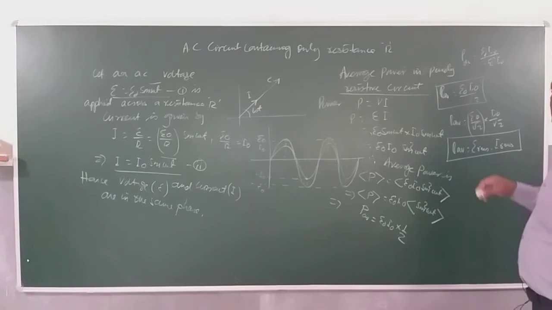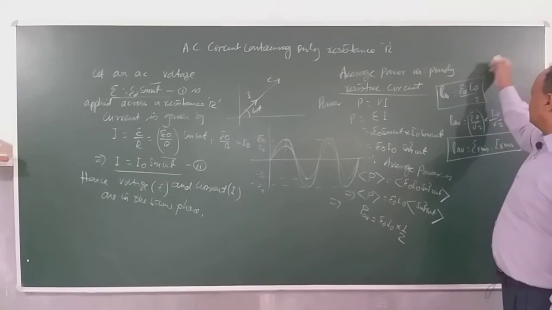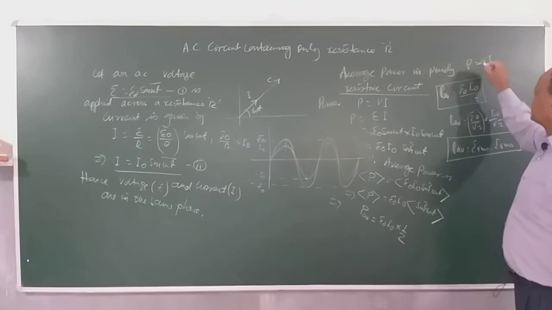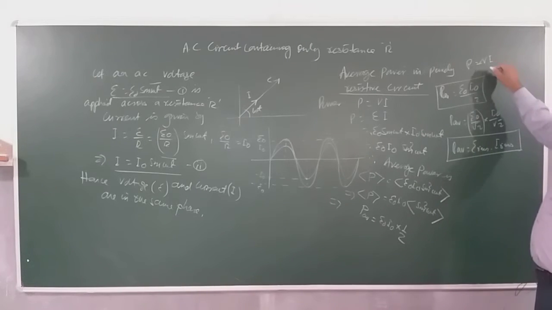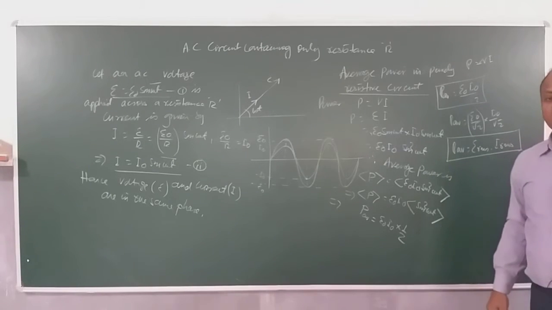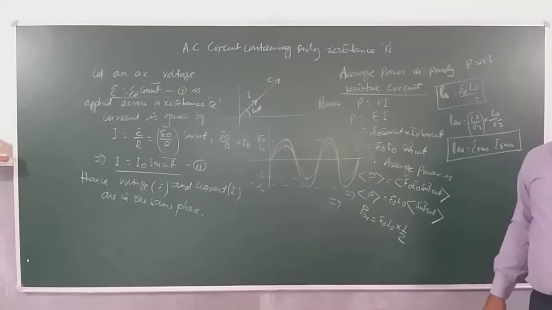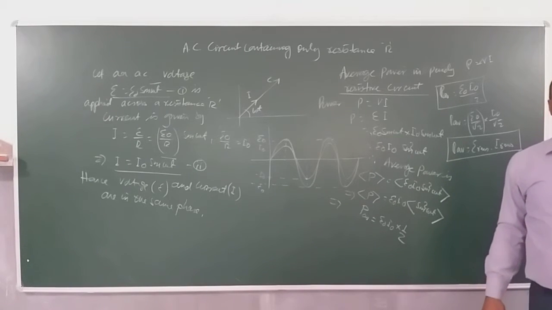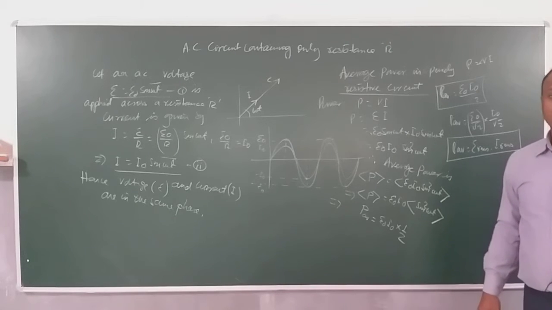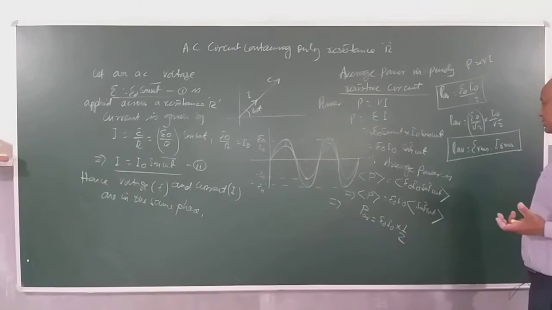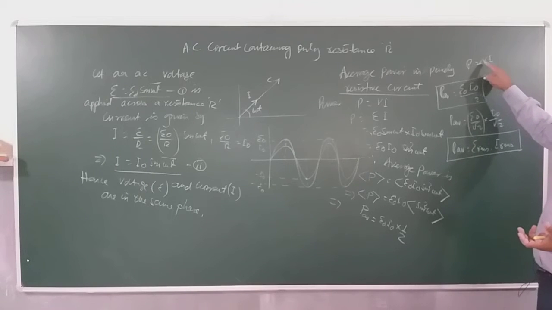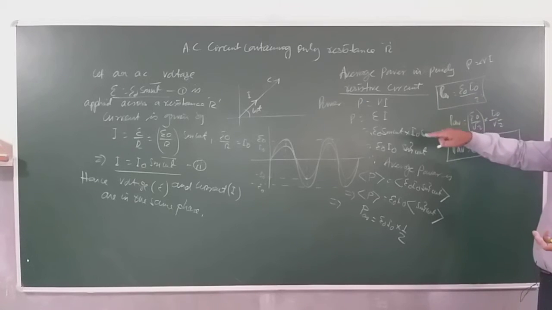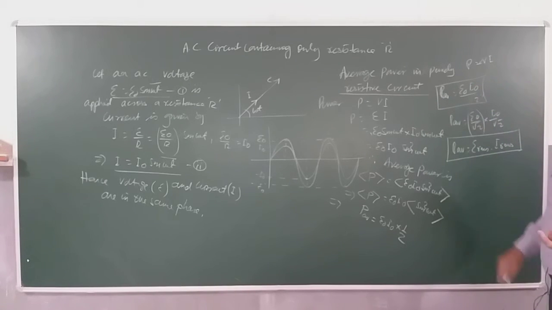In case of a DC circuit, for example, I will be writing P is equal to V into I. Right? So V is the same as E RMS here, and I is the same as I RMS. So this gives more credibility to our discussion that RMS value is actually the effective value of current and EMF. Another interesting result we get here, if I compare with P is equal to V into I, is that the power dissipated by a purely resistive circuit is half of E into I.